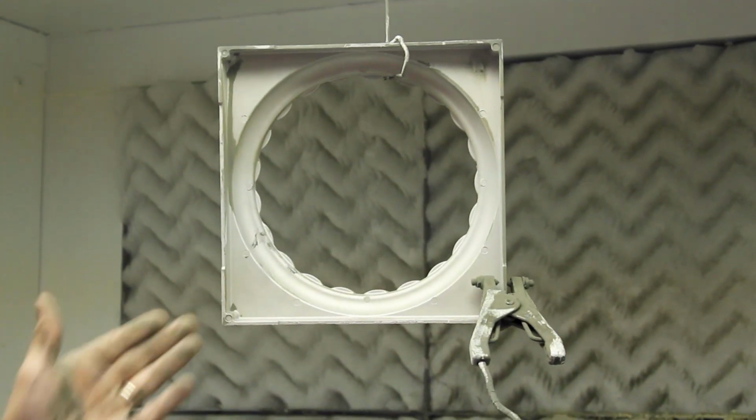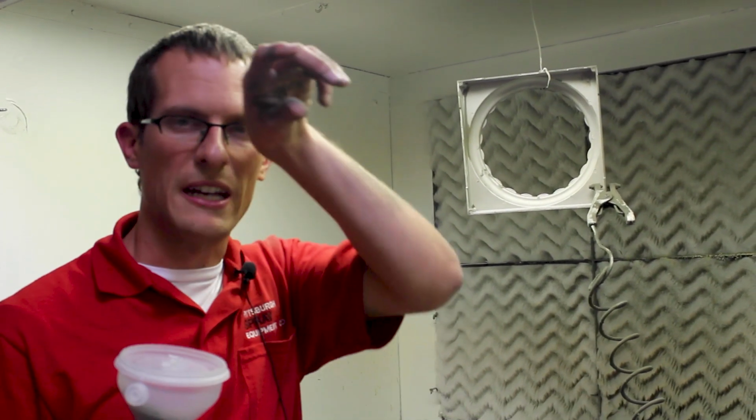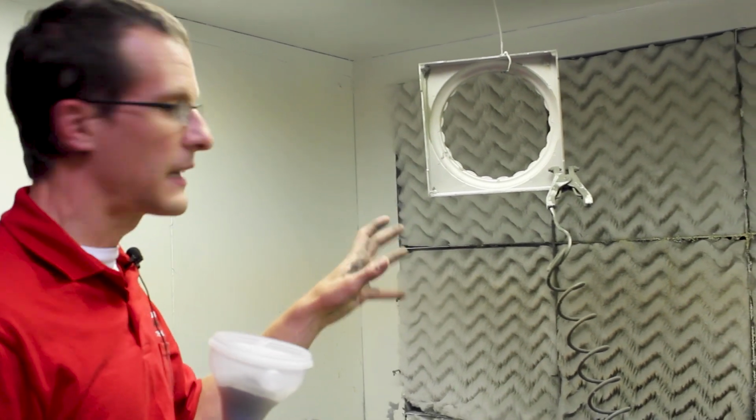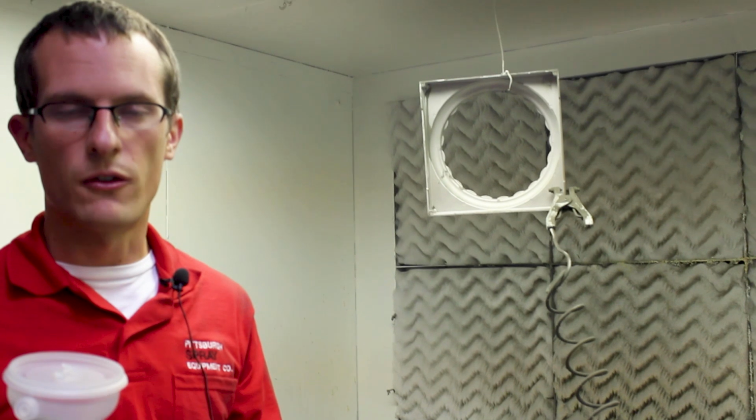Similar with second coats, you'll want to generally back away a little further. That allows some time for the charge to reduce before it gets there, so that it is better able to go into the corners and better able to apply that second coat. So remember, keep the KVs down when you're recoating or in a Faraday cage, and keep your distance a little further,